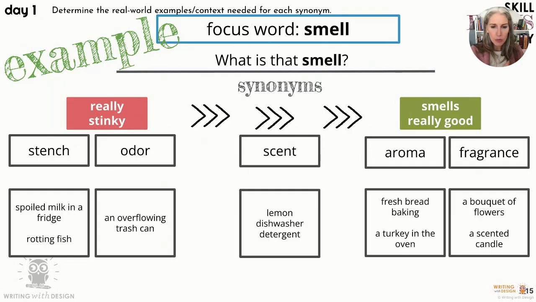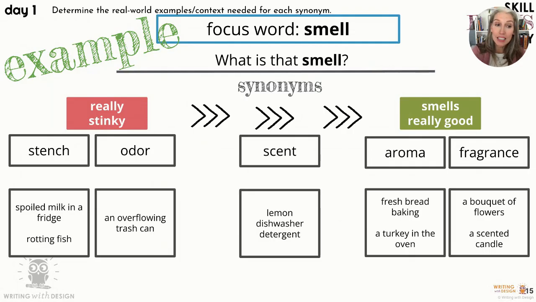So look at what we have here. These are not the only examples, but this is what we want students to do through discussion of what would be an example of this. And certainly use AI if that's something you have access to. We recommend that to say, what are examples of things that have a stench, or what are examples of things that have aroma. It's really going to help students understand how to start to thoughtfully utilize AI technology in a way that doesn't do the thinking for them, but it's going to generate a list,